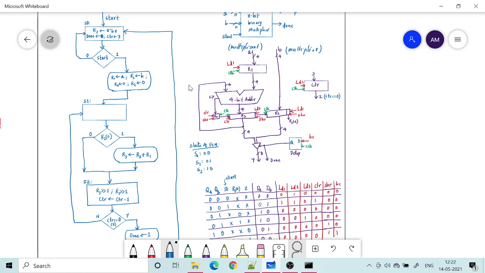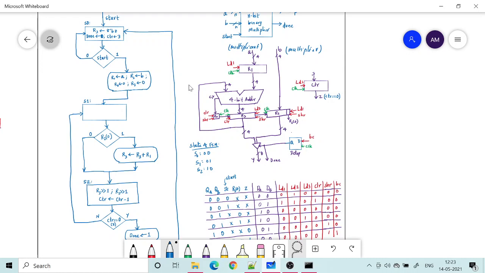Okay, so multiplicand multiplied by multiplier. So R1 and R2 are 4-bit registers where I will load my multiplicand and multiplier, and I check the LSB of my multiplier, that is R2 of 0, and if R2 of 0 is 1, then I need to add the multiplicand.